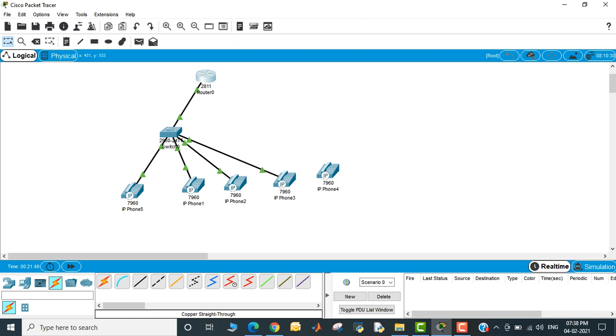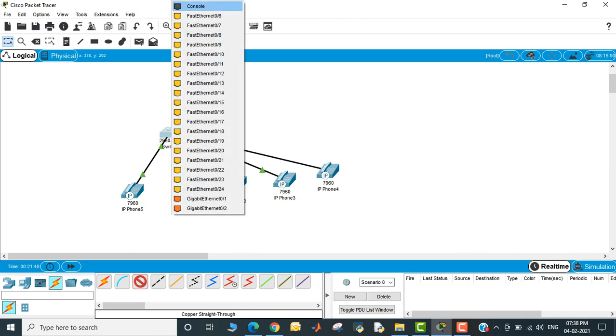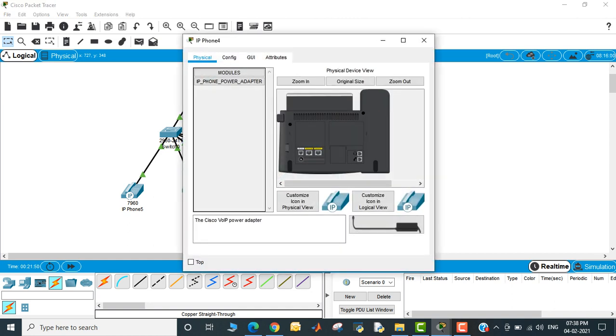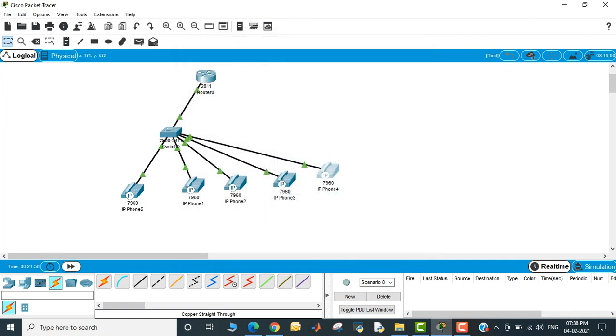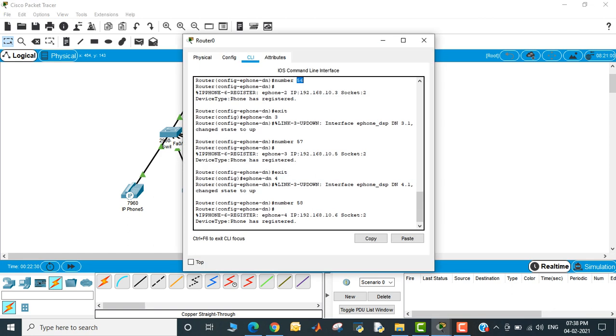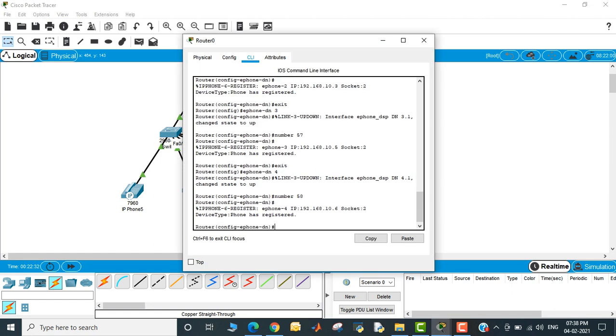Okay, now the last phone, I'm going to connect from the switch. Connect, attach with its cable, green signal. Okay, it's good. Now going to the router, it's registered, enter, exit.